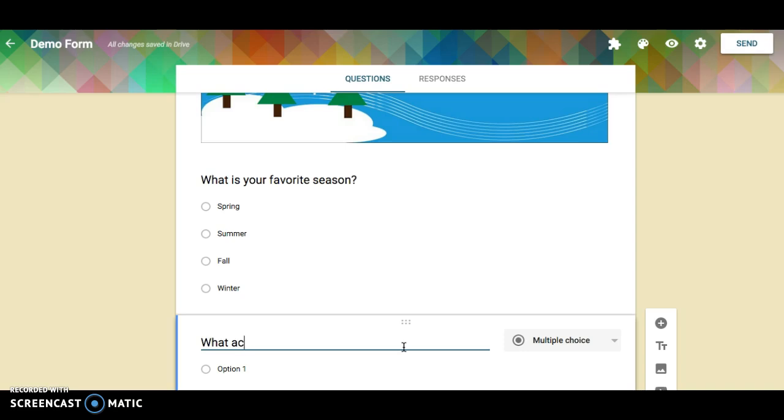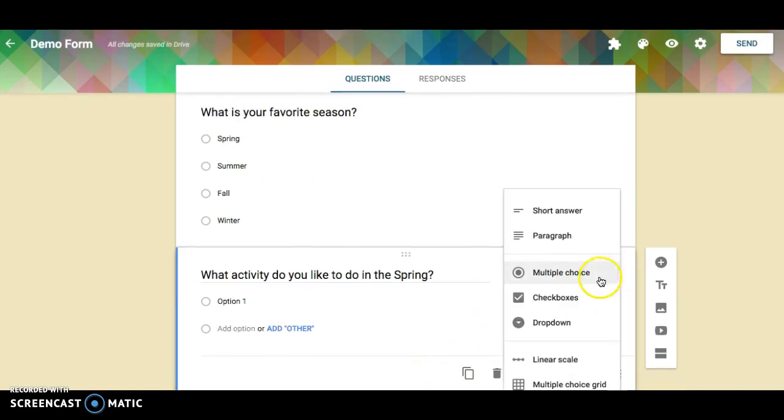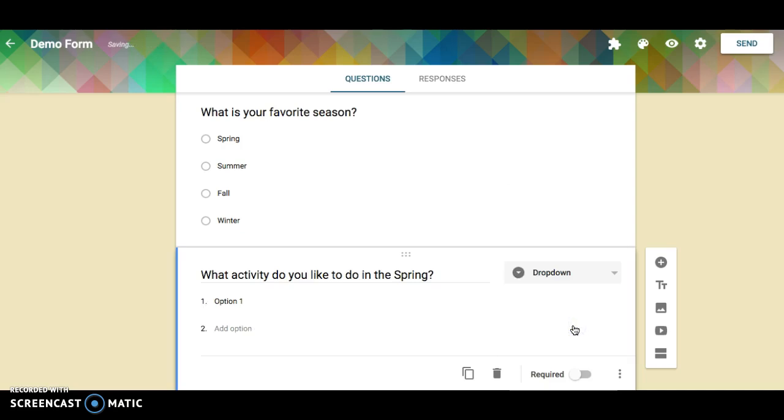What activity do you like to do in the spring, since spring is coming? So for this one, I want to use a checkbox. Oh, actually, I want to use a drop down. So what that means is that they will see a little box and they click on it and they'll find things to select. So a drop down option: